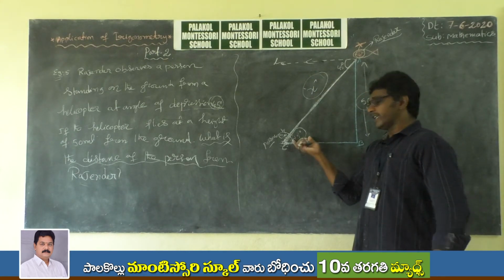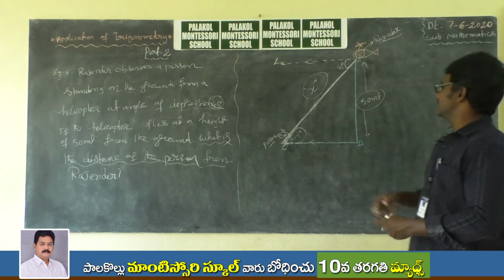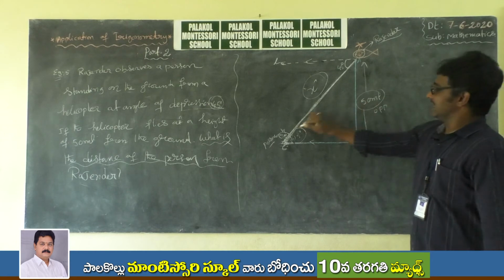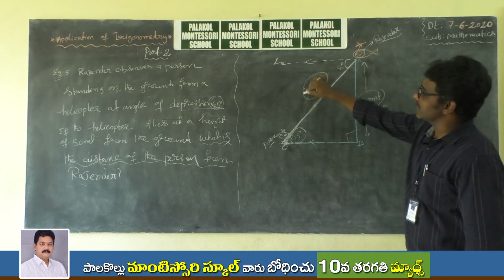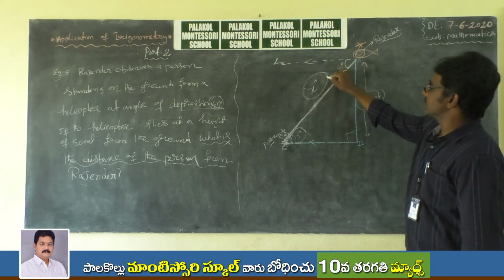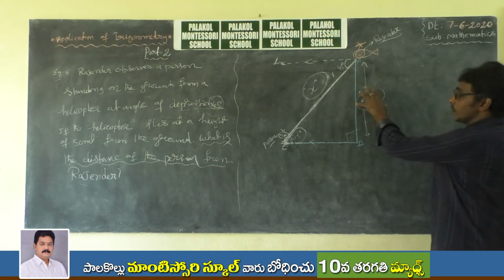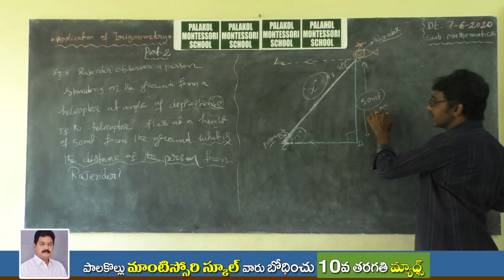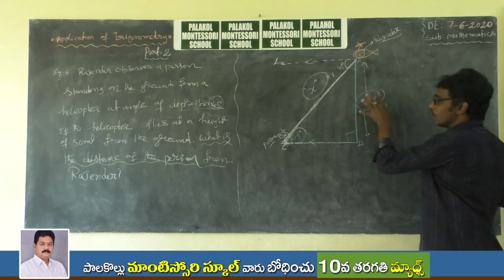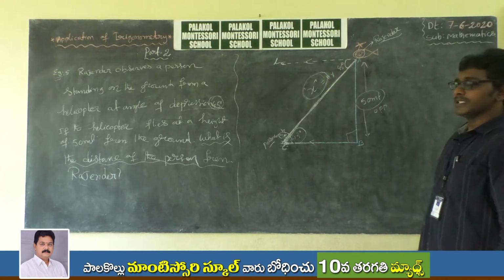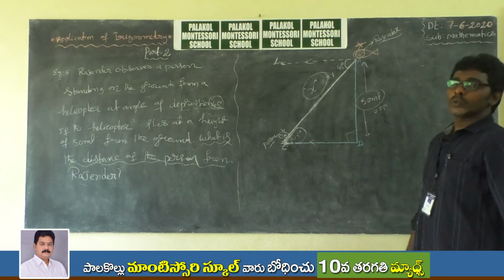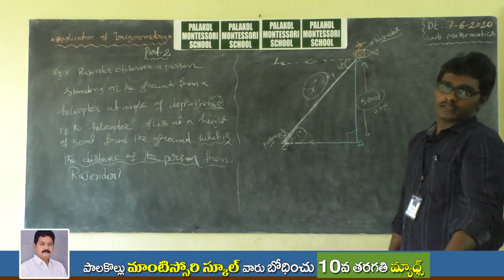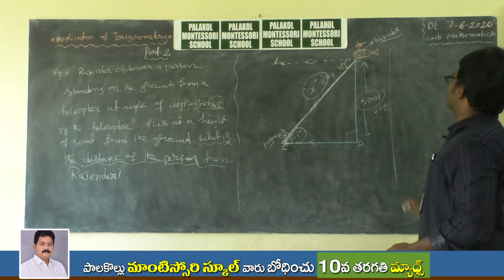This 45 degrees is an acute angle, and its opposite side is called the opposite. ABC is a right angle triangle. In this right angle triangle, this x indicates the hypotenuse. So this is a known value, this is an unknown value. What is the relation between the known value and the unknown value? Opposite by hypotenuse. What is the relation of opposite by hypotenuse? Sine theta. So you take sine theta, calculate, and you get this x value, that is the answer. Okay guys, now see from the figure.